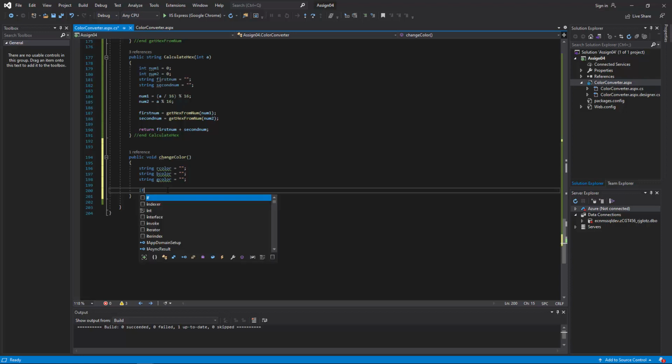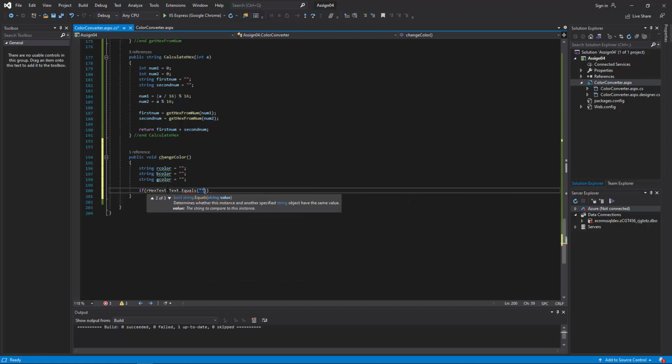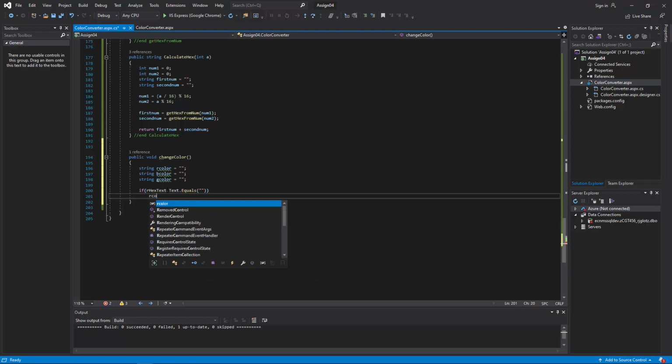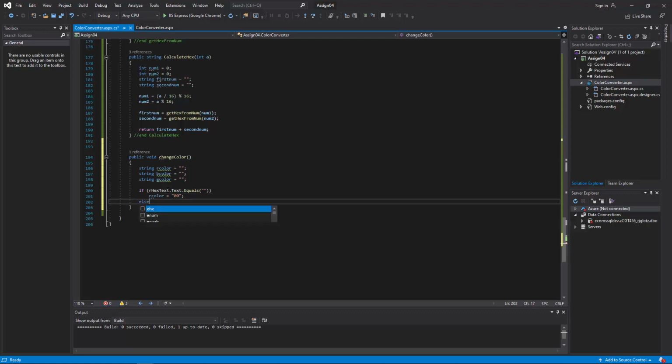We'll do an if statement. If R hex text dot equals the empty string, then R color is equal to 0, 0. Else R color is going to be equal to R hex text dot toString,